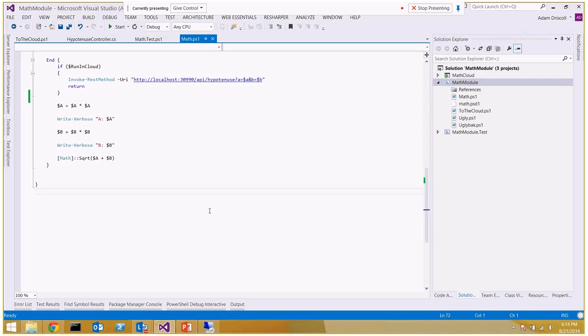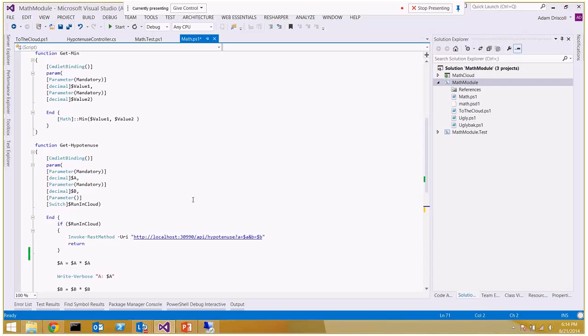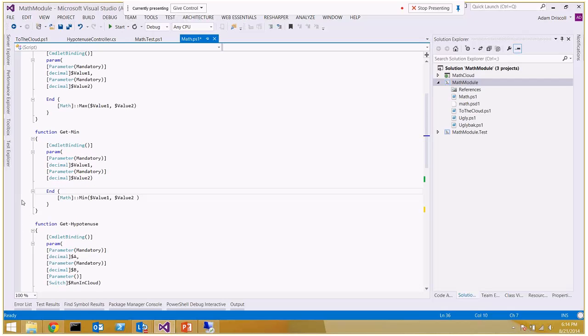So if I wanted to actually debug one of these things, I could say get min, value 1, value 2, and it'd be nice if my IntelliSense was working. Now what we can do is set a breakpoint just like you would in any other project. Now if I F5 run this,